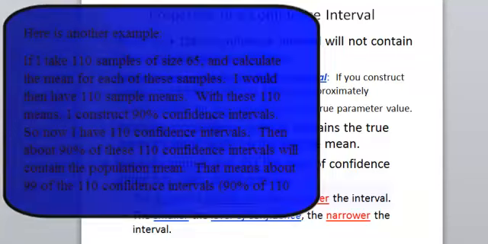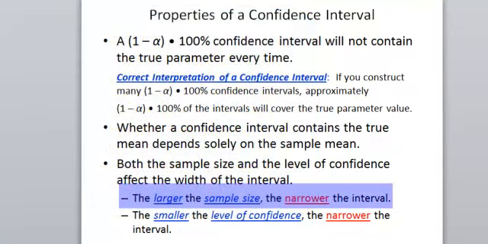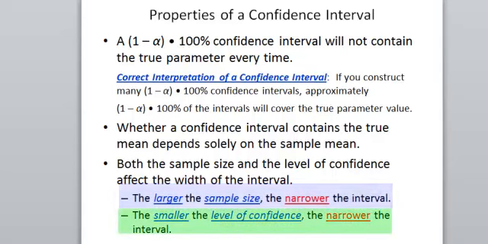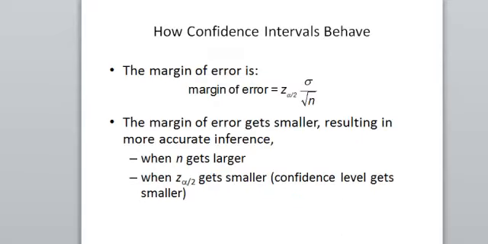Now with our confidence interval, the larger the sample size, the narrower the interval, and the smaller the confidence level is, the narrower the interval. And you can see that by the formula itself. Let's take a closer look. Since the width of the confidence interval is only affected by the margin of error,